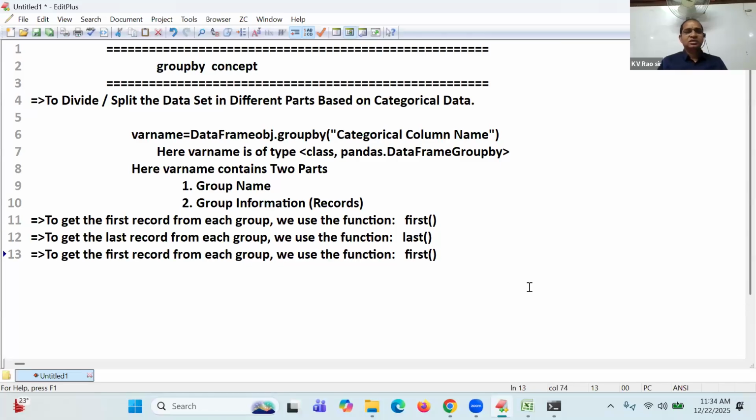To get any record in the group, I will use, come on, expect it. Any record from each group, we use